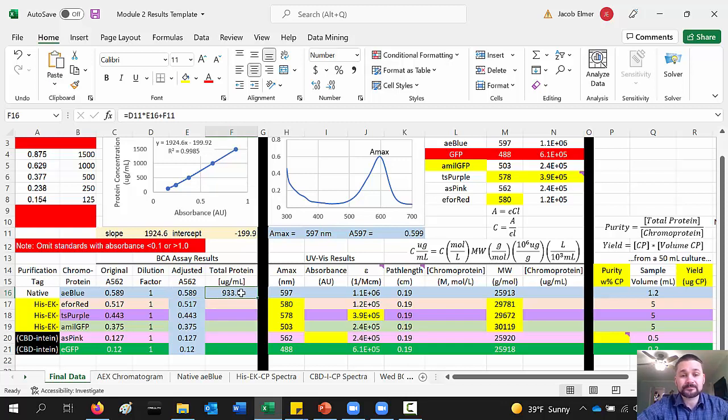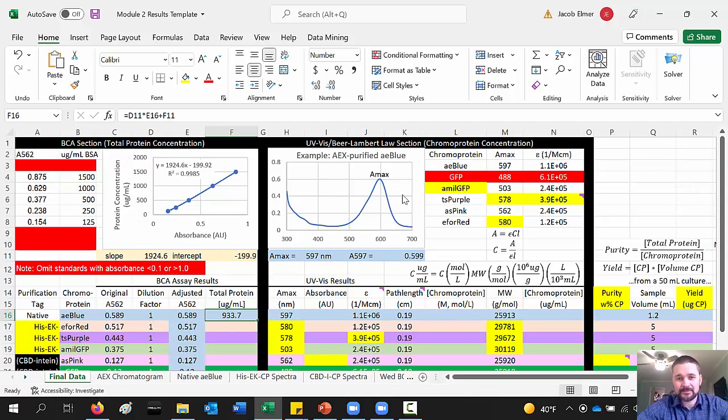So, BCA gives you that result right there. I'm only going to show it to you for AE blue, but you can imagine you could just take that equation and drag it down. But that result is the total protein concentration. I don't really want that. I don't need that. I need the concentration of my chromoprotein or whatever protein I'm trying to manufacture. So while that's the total protein concentration,